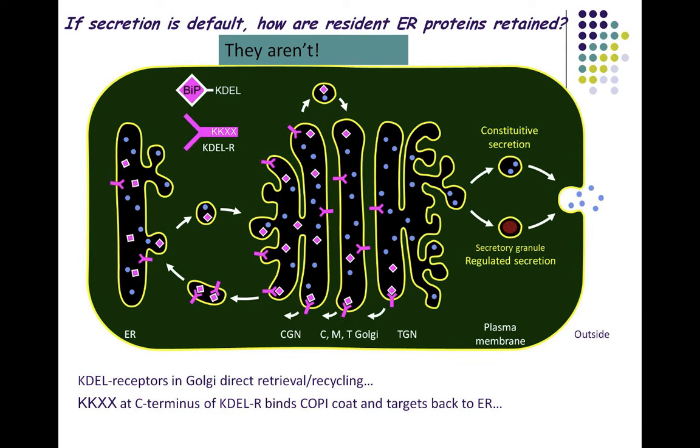Okay, so let's go back to retrograde transport. We're blurring the lines between transport and sorting, or transport and address labeling. So if secretion is default, how are resident ER proteins retained? In the process, ER proteins are not really actively kept. There is no inhibitory mechanism that we know to date that prevents ER proteins from being